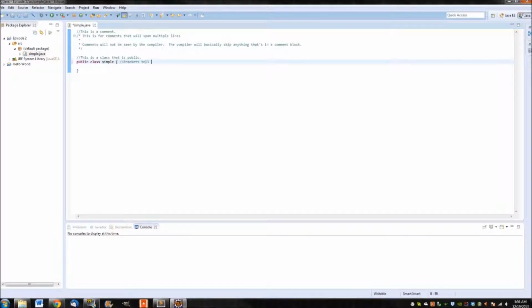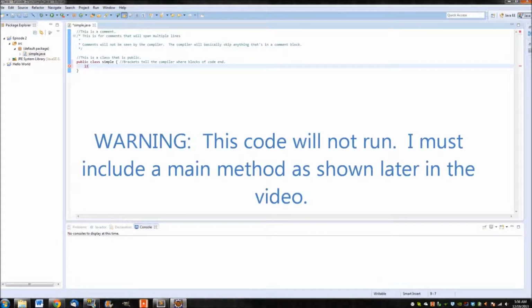Brackets tell the compiler where blocks of code end. For example, if I had an if statement, I'll talk about those in a later video, but if I had something like this and I did those curly brackets, everything within here